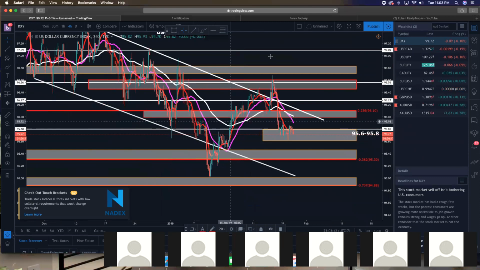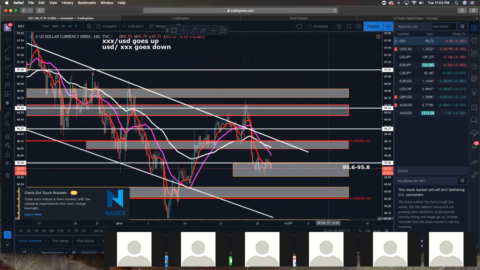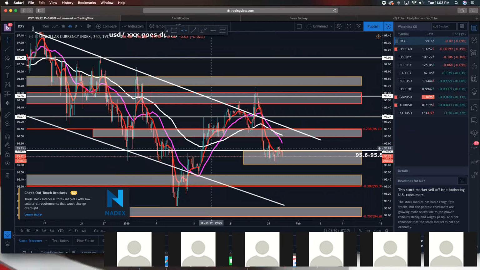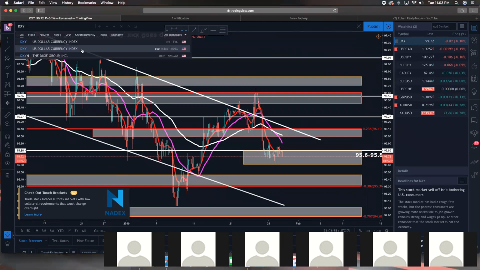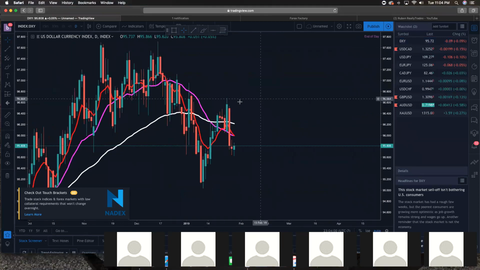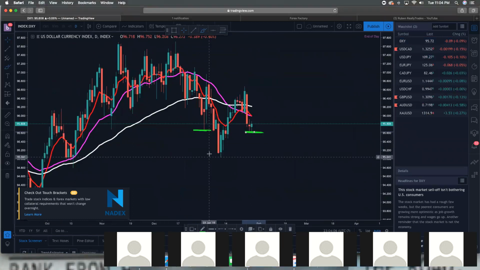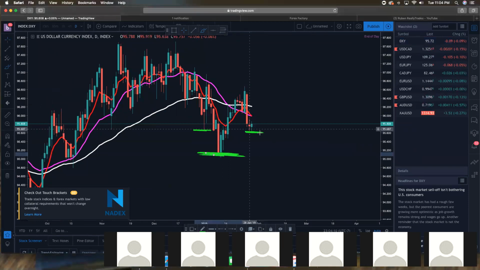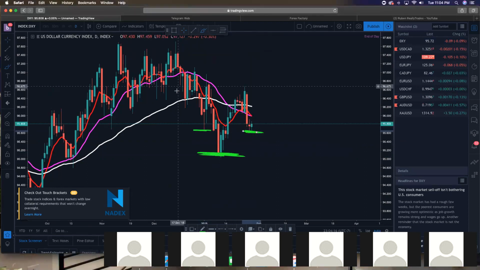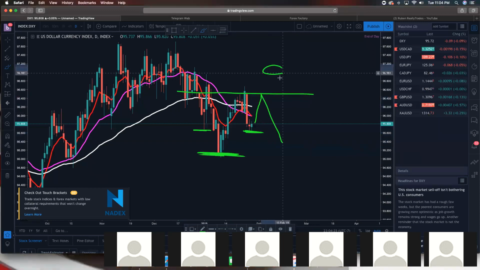One thing we're going to start looking at first is the dollar. With the dollar right here, it's actually very interesting what the dollar is doing. Before we hop on this chart, let's go to another chart. One thing I've noticed is that on the daily time frame, price is making a head and shoulders. Because of this head and shoulders, and because of the clear rejection we got right here, the next spot I want to see price go to is back towards the neckline, right? This neckline right here is around